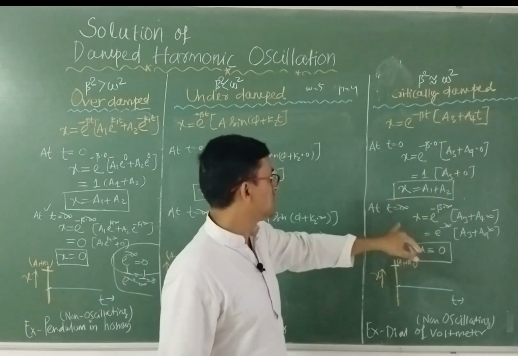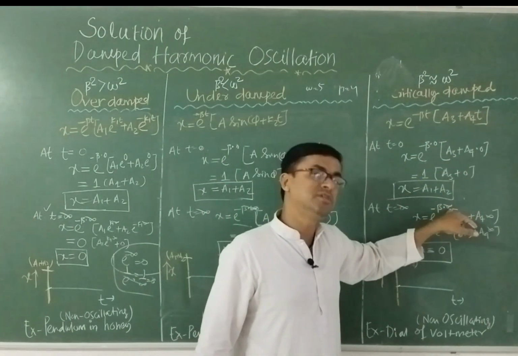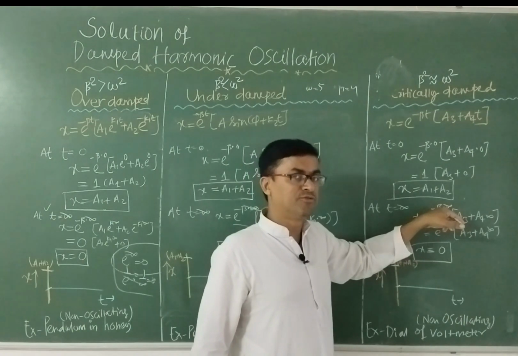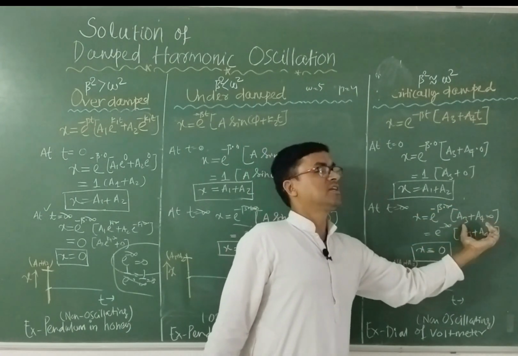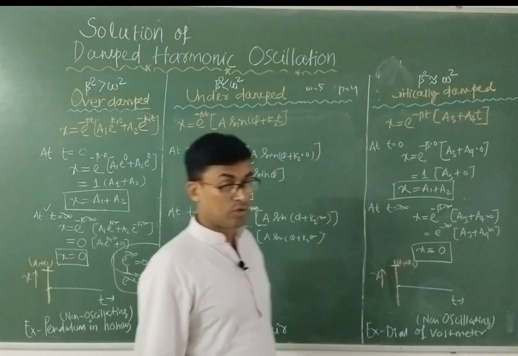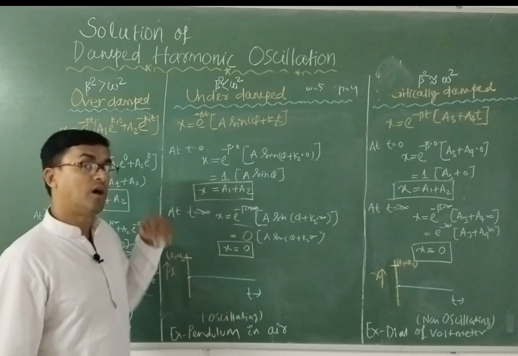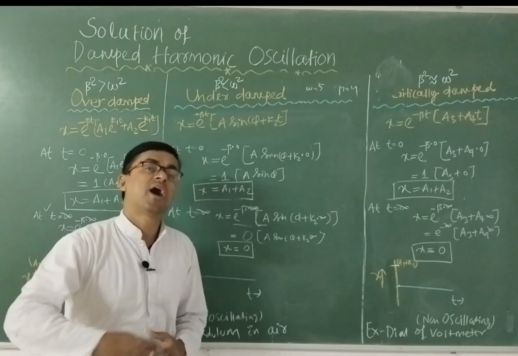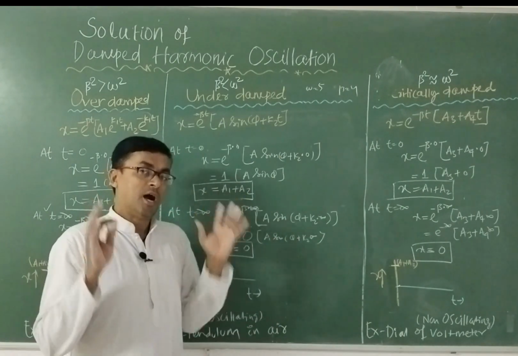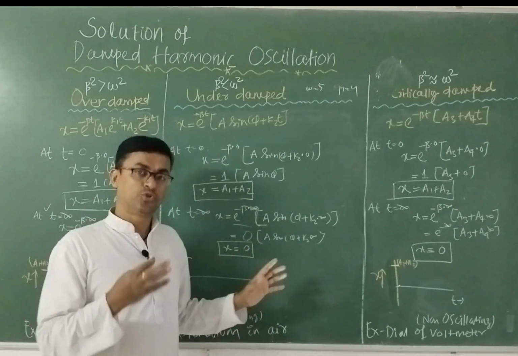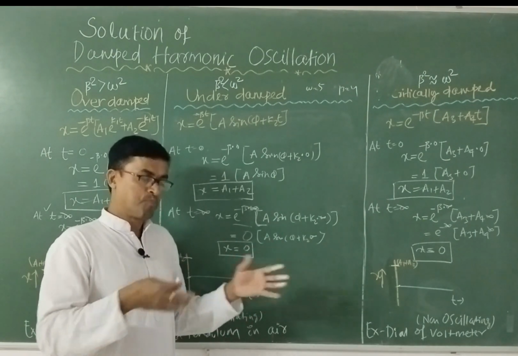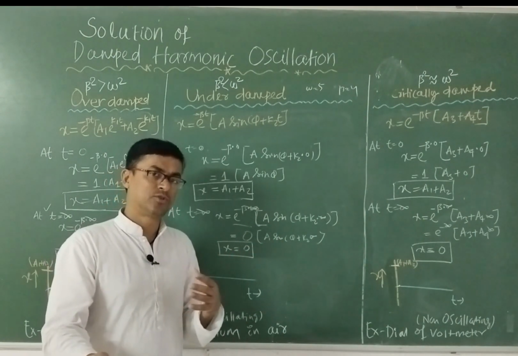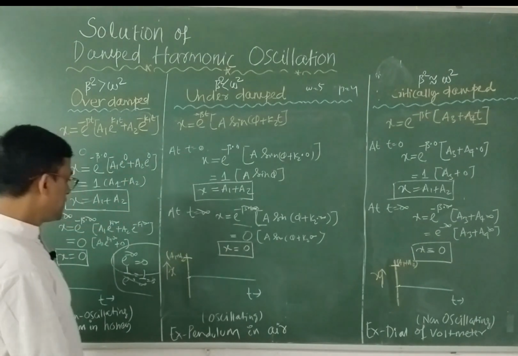In critically damped conditions also, the same e to the minus beta into infinity is there. So if you multiply e to the minus infinity, it will again be 0. Whatever the other things, finally it will get 0. So what does it mean? Whether it is underdamped, overdamped or critically damped, for high time, the amplitude, the displacement, is 0. Amplitude, I am telling, is generally the maximum displacement. So you can say displacement or amplitude here.